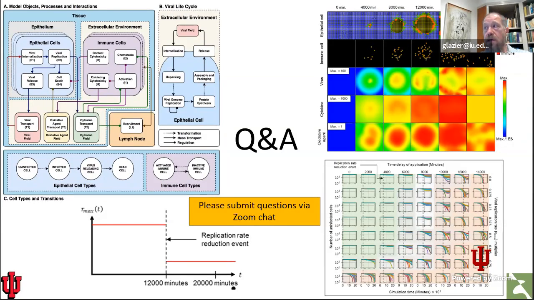So that's the basic immune cell model. I hope that helps. It's a caricature of the reality of the immune system. And our hope is that people like you in this call will come back and tell us how to improve that. Obvious things that we'd like to do would be to include interferon-induced